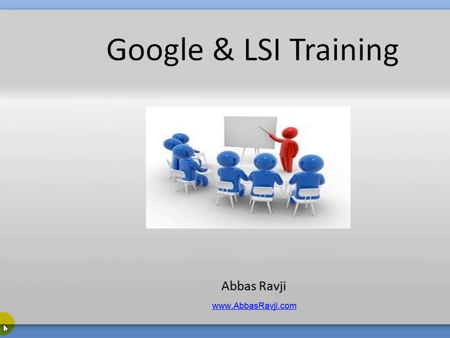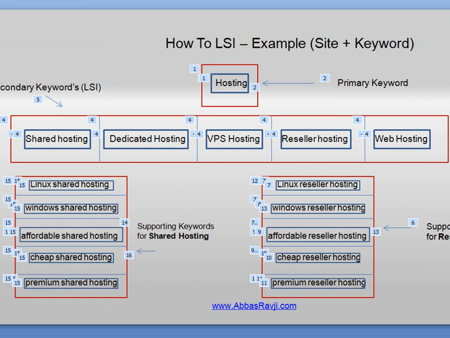Okay, finally, guys, that's the end of the training. I'm going to come back to this example one last time so you can see it once more. We get our main keyword. If you think of that keyword as your home page, if you think of these as your category pages, which are your secondary pages, and if you think of your supporting articles or supporting keywords, they're going to be articles based around supporting keywords for those category pages, and it's all going to be interlinked in a tree-like structure, whereby reseller hosting will have reseller articles, shared hosting will have shared hosting articles, and obviously you'll have certain links coming from your post pages going to your shared hosting and your home pages, and it all